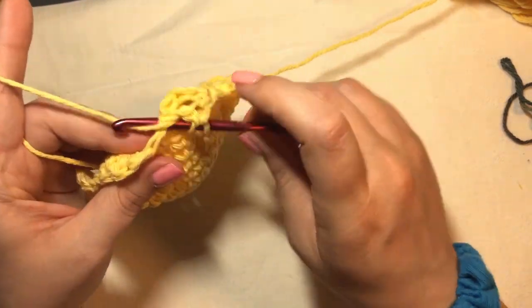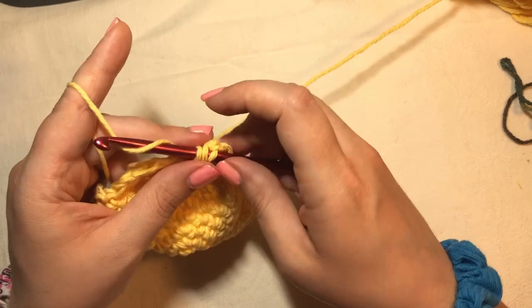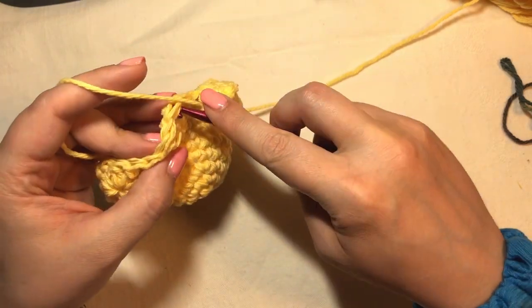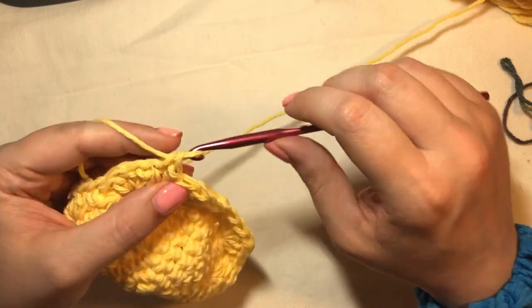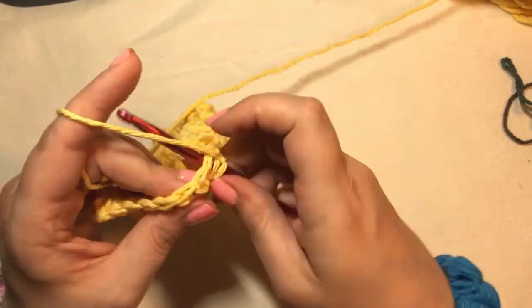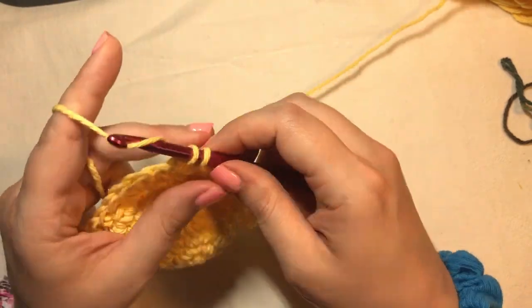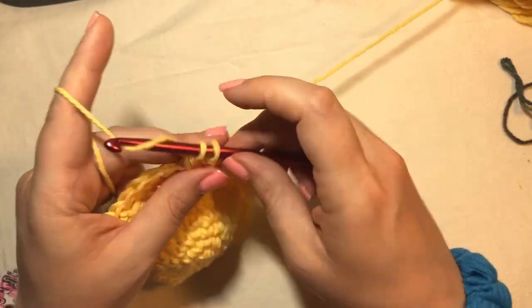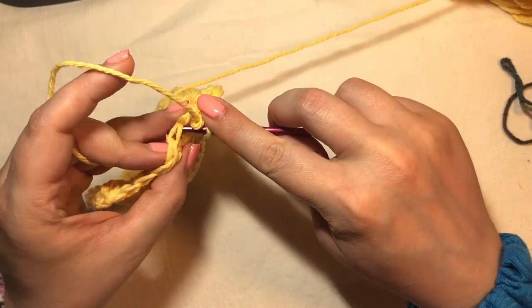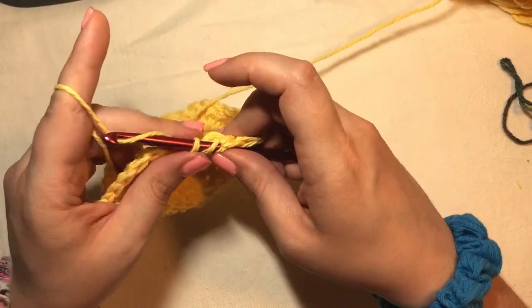1, 2, 3, 4, 5, and then in that third one we'll do another single crochet, and 1, 2, 3, 4, 5. Okay, the third one, single crochet, and then 5 doubles for our shell,